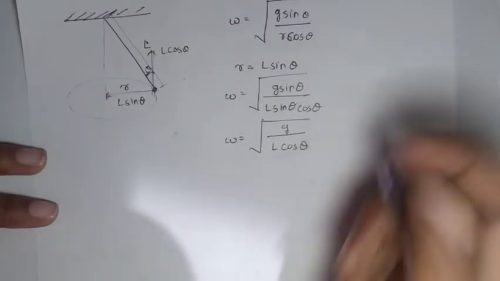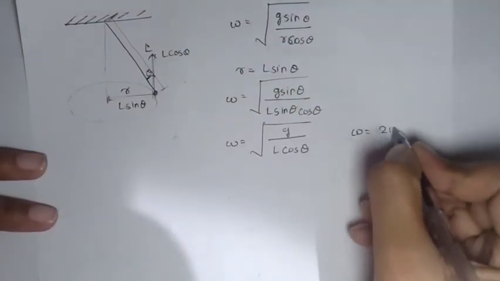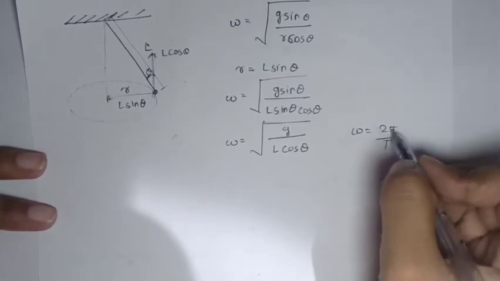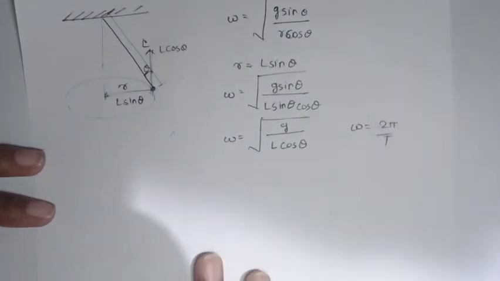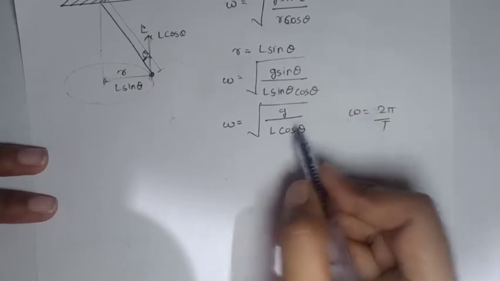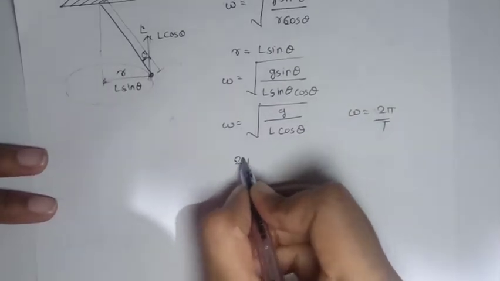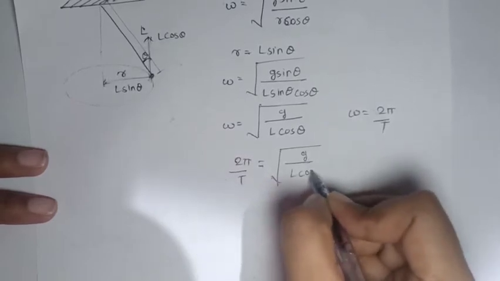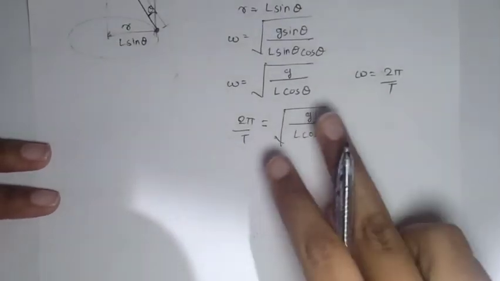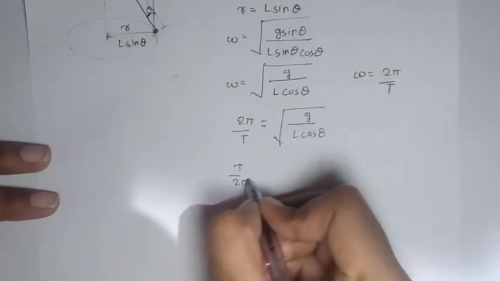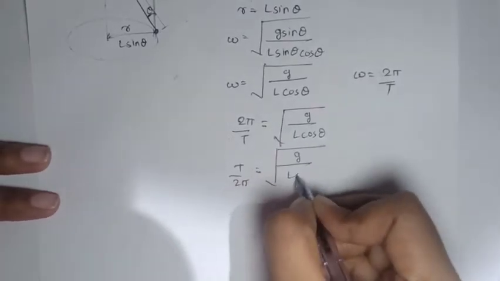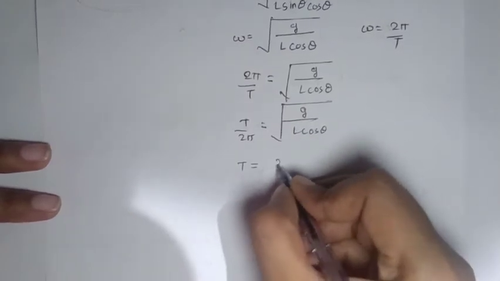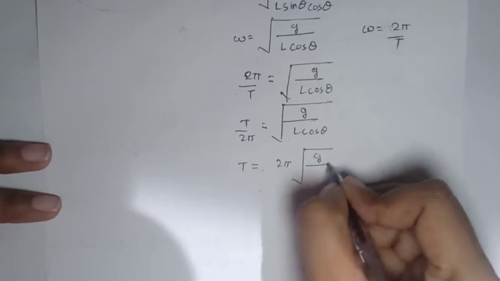And as you know, angular velocity is nothing but 2 pi by T, the number of oscillations performed per time. 2 pi is nothing but 360 degrees, which is a circle. So you can compare this. You will get 2 pi by T equals under root g by L cos theta. If we reverse this, you will get T by 2 pi equals under root g by L cos theta. 2 pi will go this side,